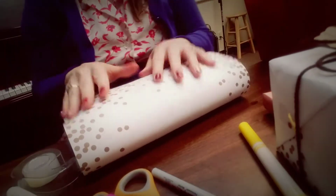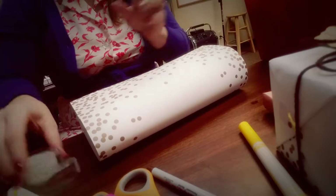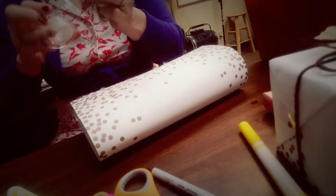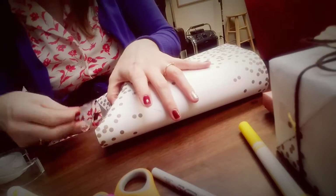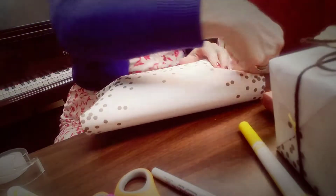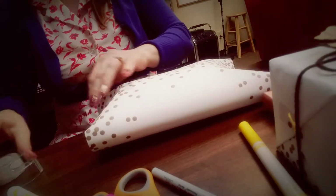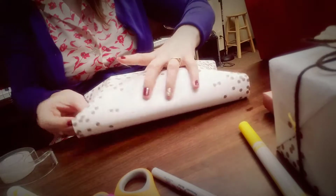Here, I don't know if you can see what I'm talking about. Put my little gorilla paw down here so you can see. Okay, so, oh yeah, I think it's just big enough. Not all paper would be big enough, but since it's the placemat ones, it is. They're really long and skinny like a placemat. So I can fasten it down,